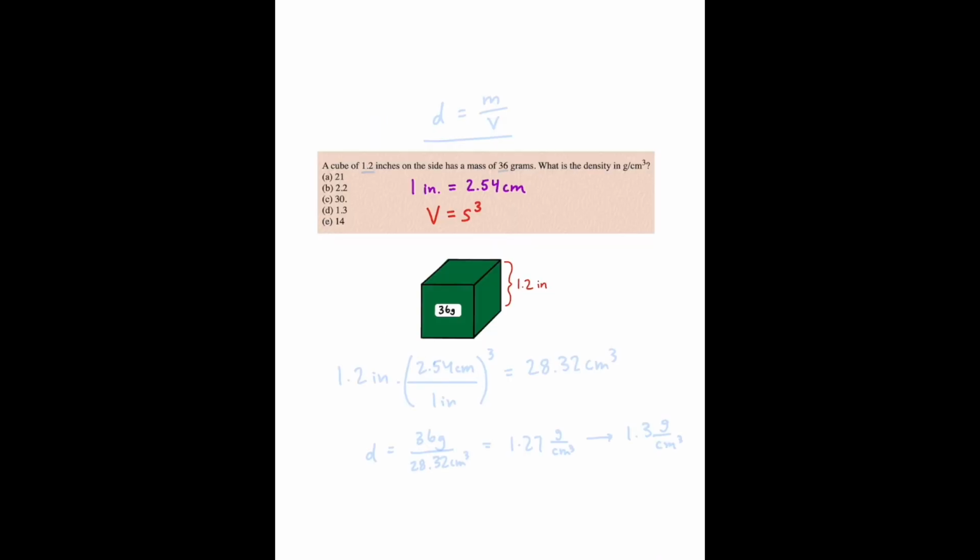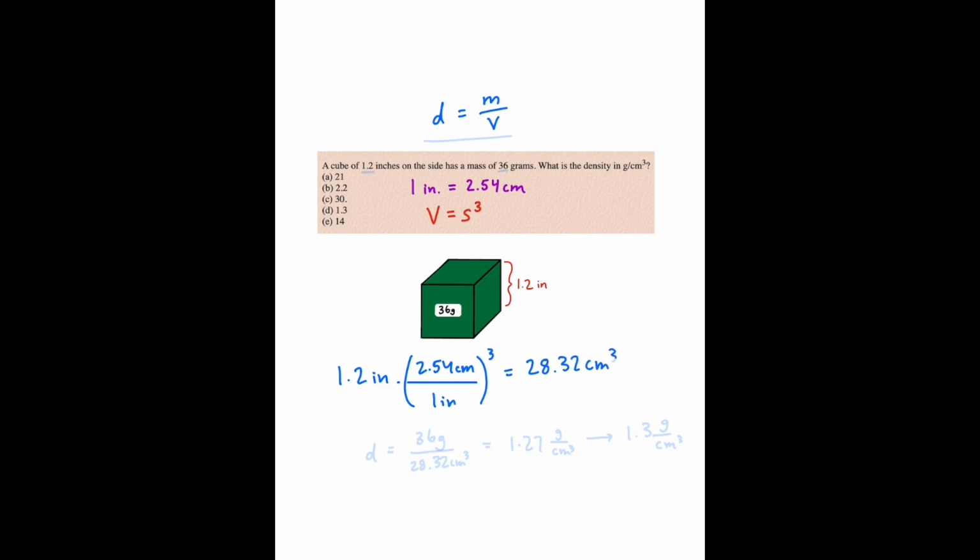For this problem, we can first remember that density is equal to mass per unit volume. So in this case, we need to find the volume of the cube, and we're given the mass. So I have this poorly drawn cube here because I'm obviously a chemist and not an artist. So we will convert between inches per side, and we will convert to centimeters, and we can just cube the unit conversion, and this will calculate through to